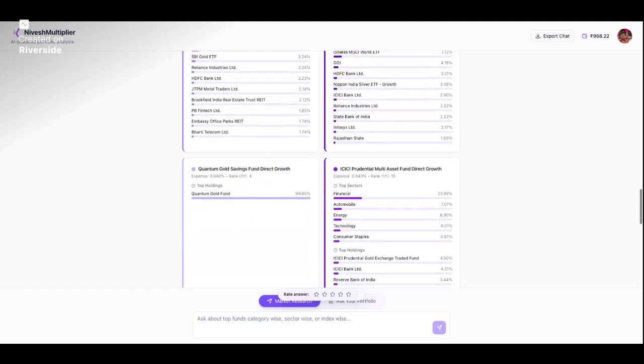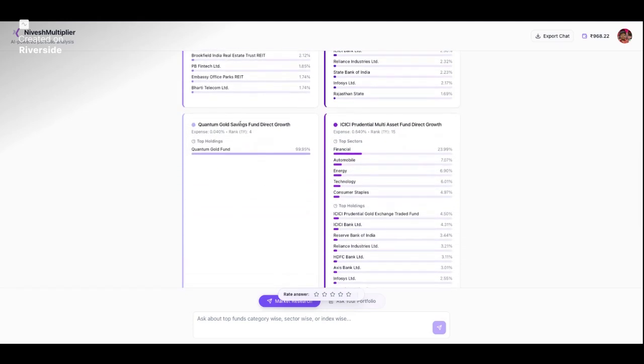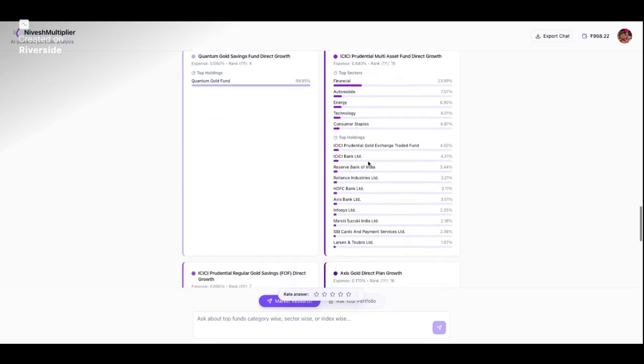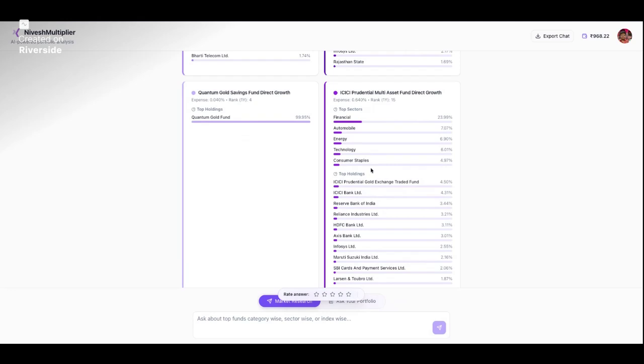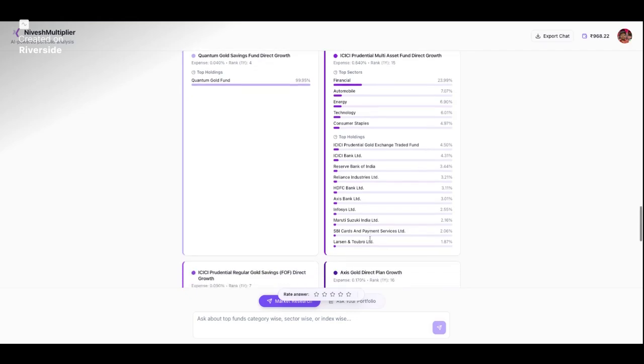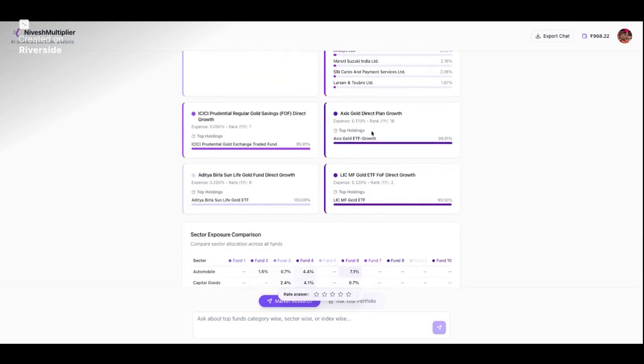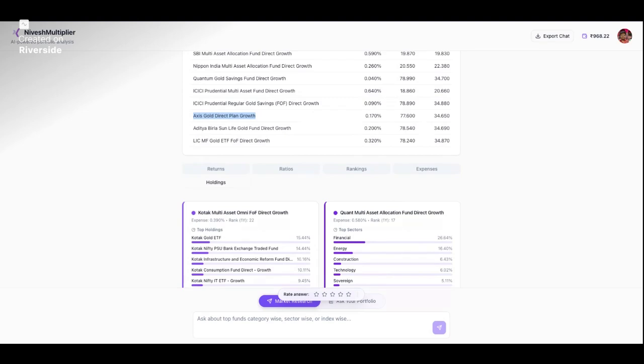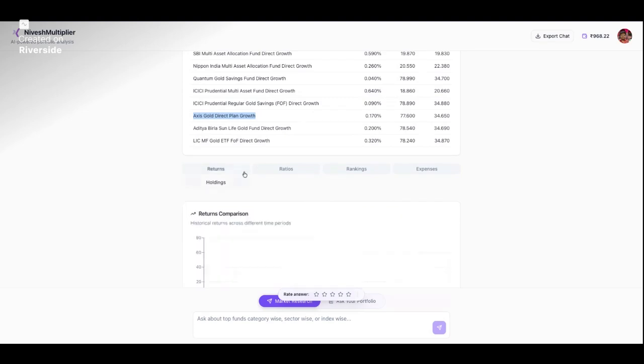Then this is a gold fund of fund essentially, so it's putting money into gold only. This is again a multi-asset fund, and I could see it is putting 4.50% into gold, the rest into various other organizations. And these are funds which are putting money into their respective ETFs, so they are essentially wholly gold based. So it clears the whole picture a lot. If I am interested in a multi-asset fund but more skewed towards gold, it could serve those answers as well,